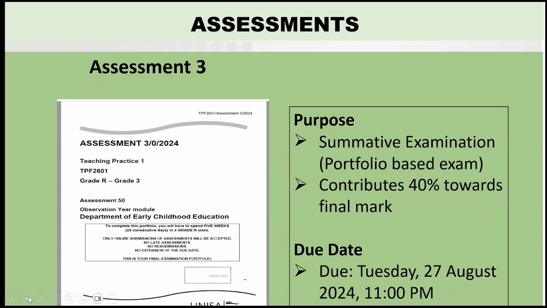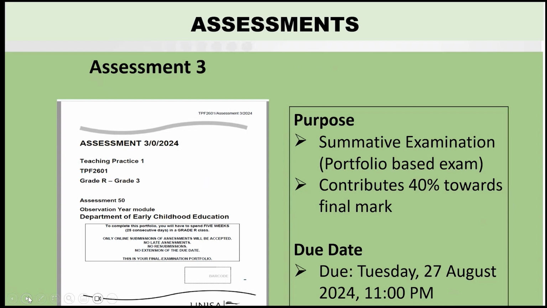Then we have assessment 3, which is your portfolio. The purpose for this assessment is a summative exam, as I've indicated before. This is your exam. When you complete and submit this assessment, it means that you are submitting your exam. If you do not submit, you will not pass this module. This assessment alone contributes 40% towards the final mark. And again, take note of the due date, which is again the 27th August